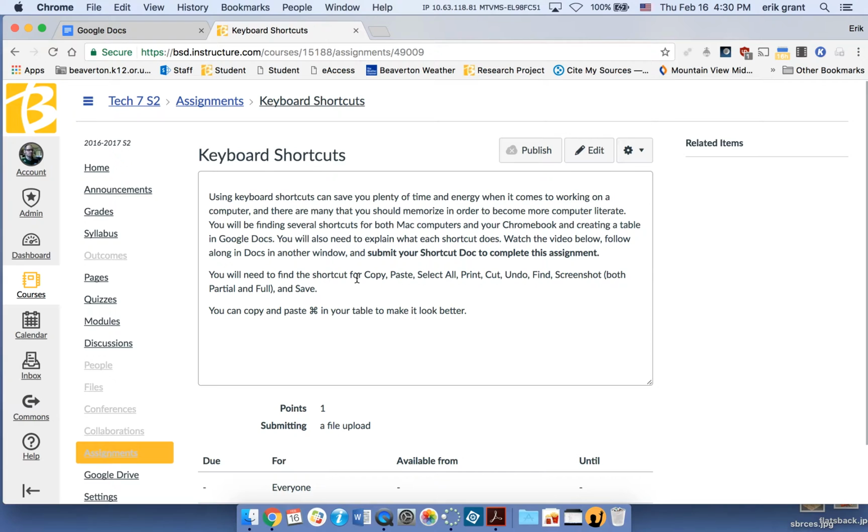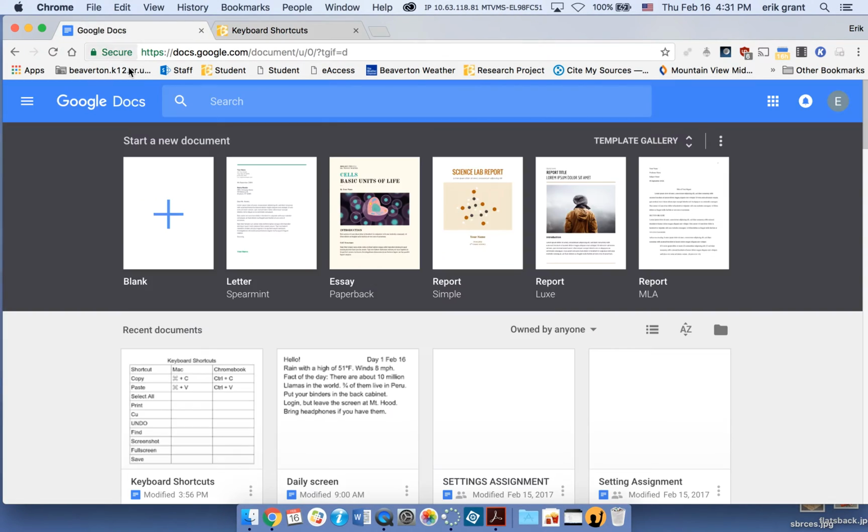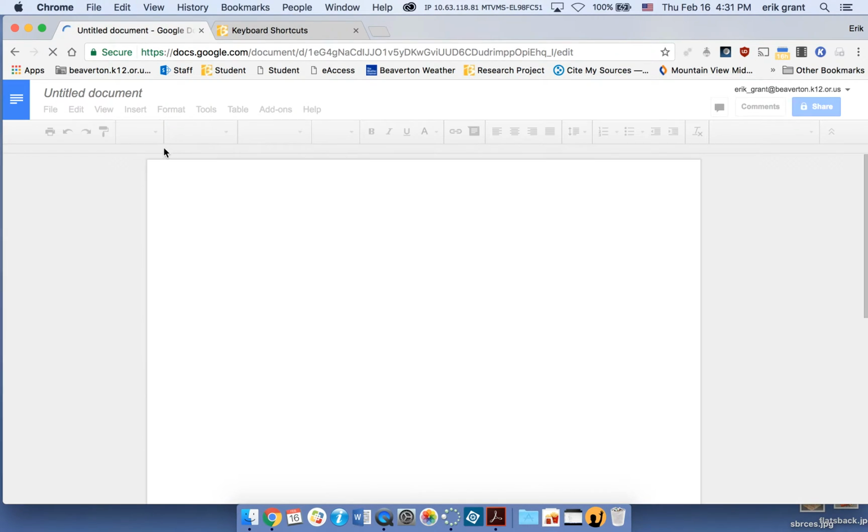So you're going to need to have a table in a Google Doc, and that's what you're going to be submitting for this assignment, okay? And you're going to need to find the shortcuts for each of these different things for both a Chromebook and your Mac. So when I'm over at my Google Doc, I'm going to create a new Google Doc,